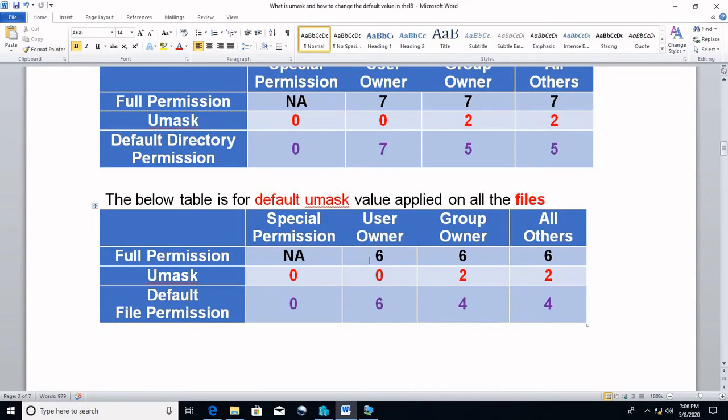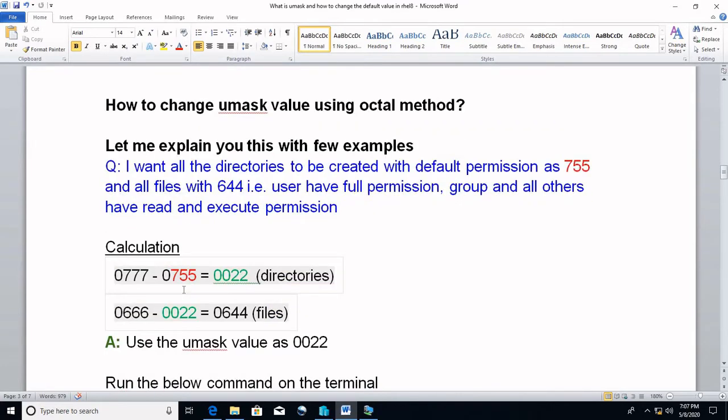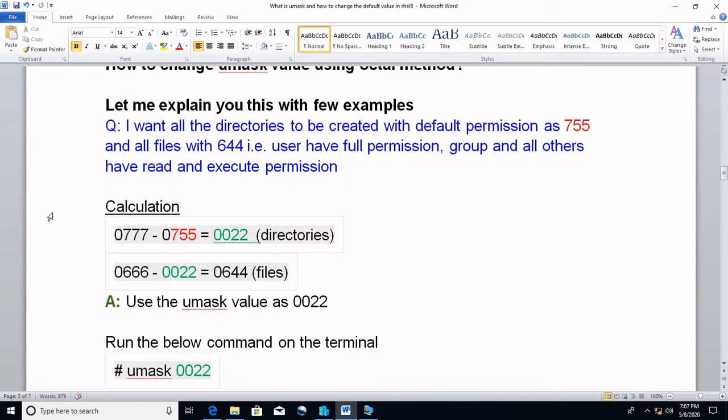Similarly, if you deduct the umask from the file maximum, that is 666, you get 644, which we have already studied in our previous video. So 755 is the default permission for directories and 644 is the default permission for files. You can see that calculation here, and you can pause the video and check it out.